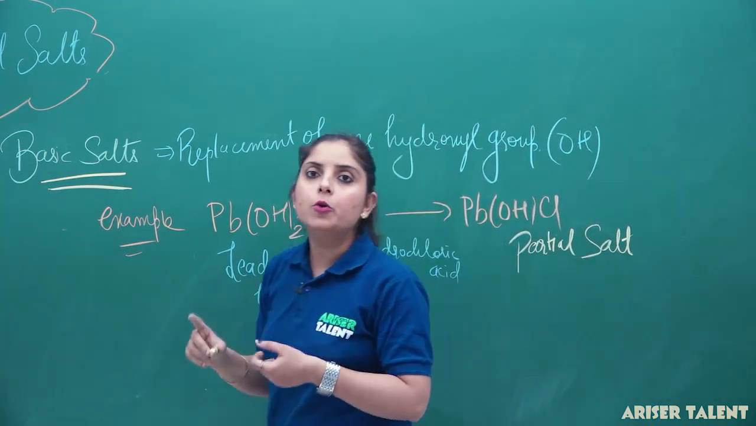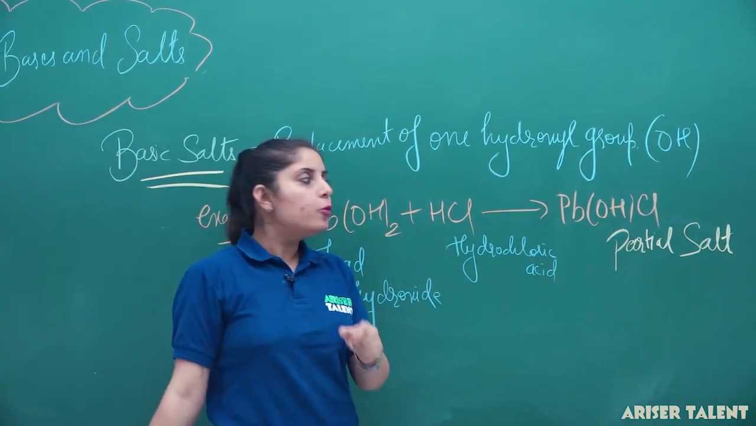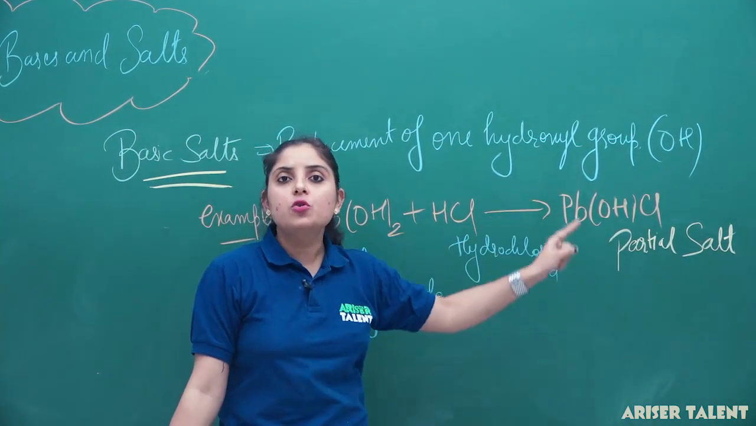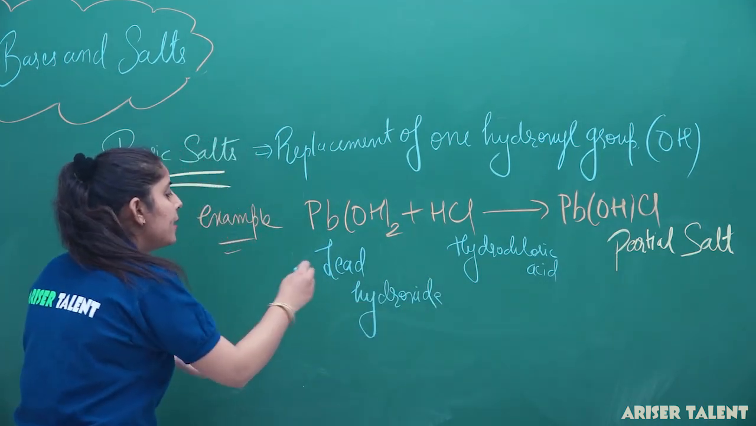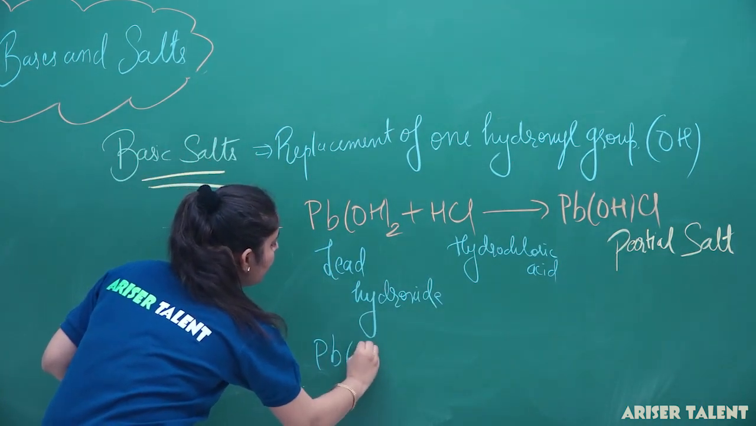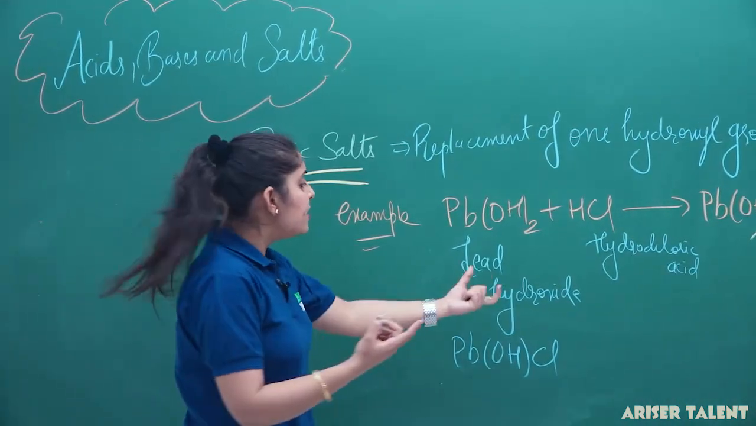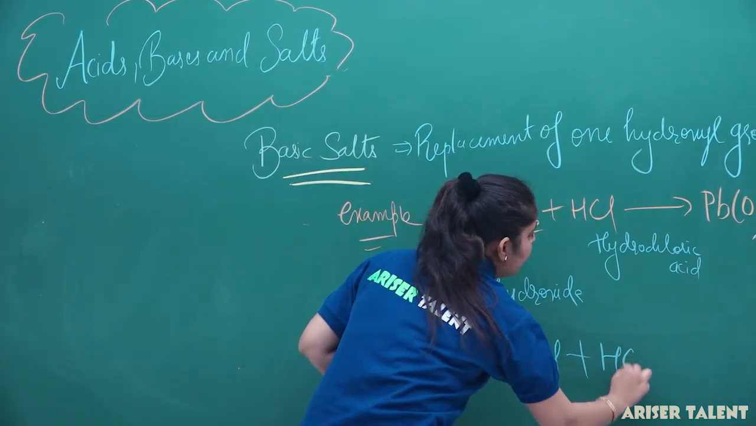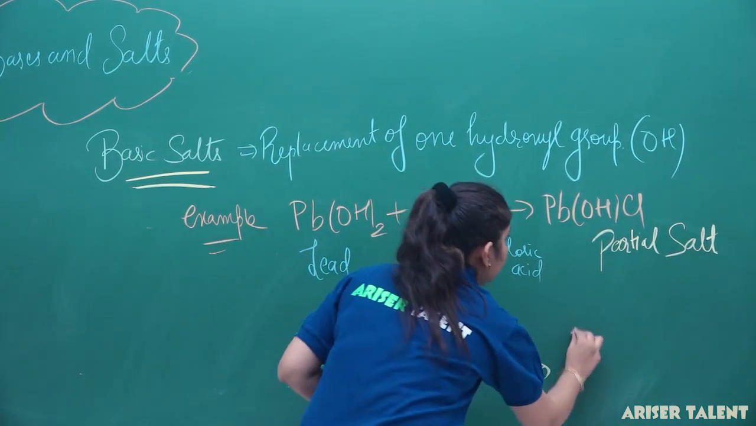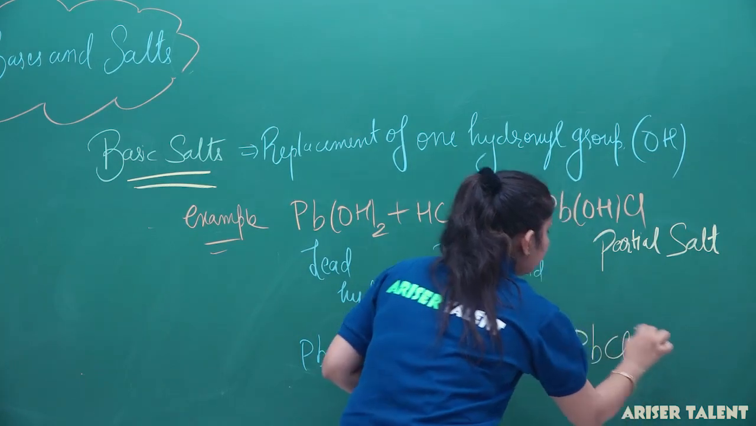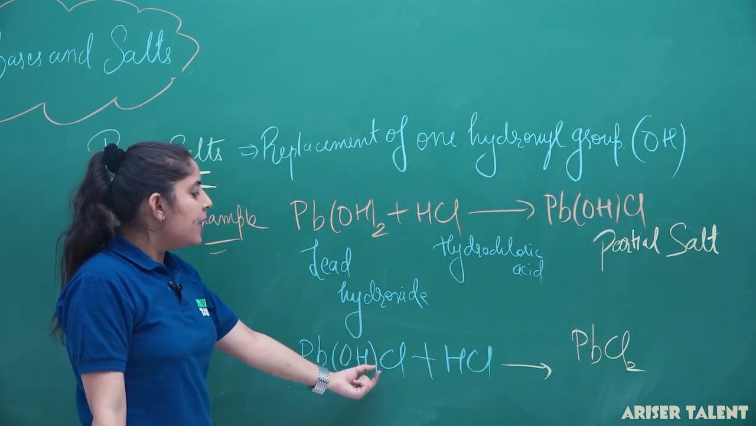But if I want to obtain the complete salt, that is lead chloride, what do I have to do? I have to react this salt again with one more group of HCl. So, what am I doing here? I am taking PbOHCl, which is our partial salt, and I am reacting it again with one more HCl. Whenever you react this with one more HCl, you will get PbCl2, that is the